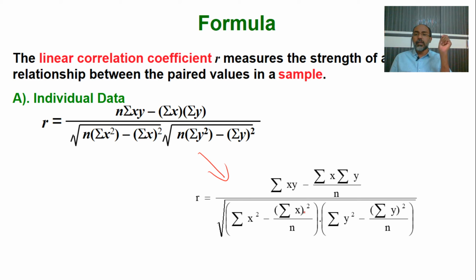So sigma x square by n, under root, is always the relation between these two, into sigma y square minus sigma y whole square by n. So for the n there is no square, you must understand. For the n there is no square. Okay, so the whole square is only for sigma x. Okay, next one,